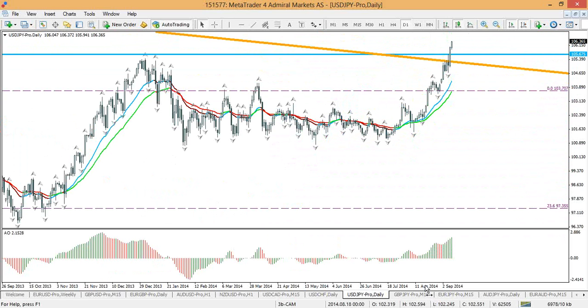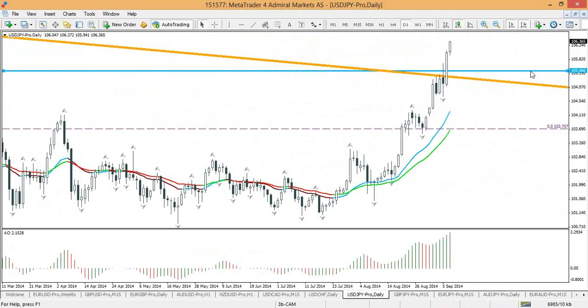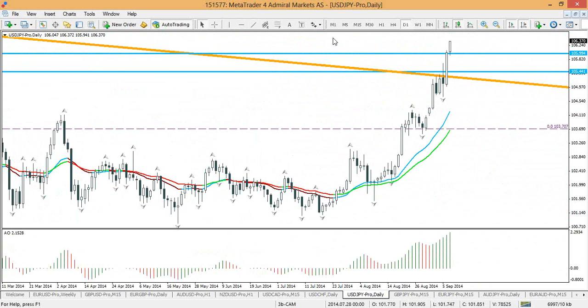We had a strong daily candle close above the 105.44-ish resistance top. Look at that, candle closed above it. Look at that, candle closed near the high. That's not a false breakout. That's a sustainable breakout. And in that regard, taking a long just based on that candle right there, although the